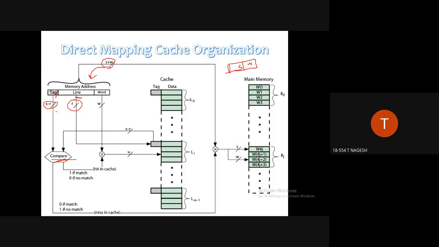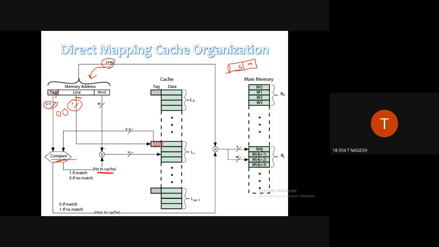Suppose there is a tag value like 00 here, and if the same tag value is present at any one of these cache lines, that means this is simply the correct tag we have. This is the required tag that we want to access. So this 00 tag is present, and after comparison it will find this tag. Immediately after finding this tag, it is specified as a hit in cache memory. That means this is a cache hit. That means the data is available in the cache memory itself.